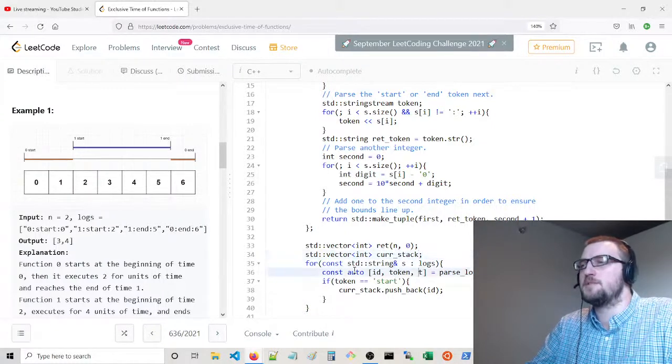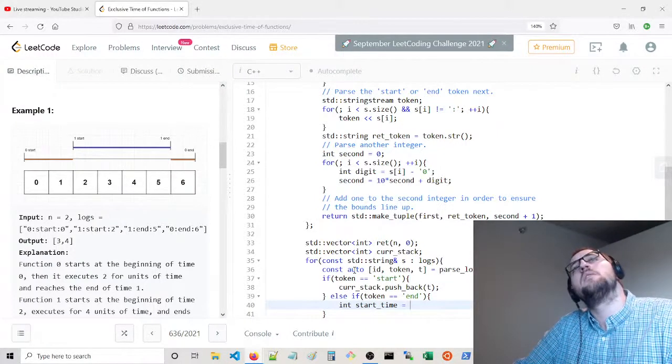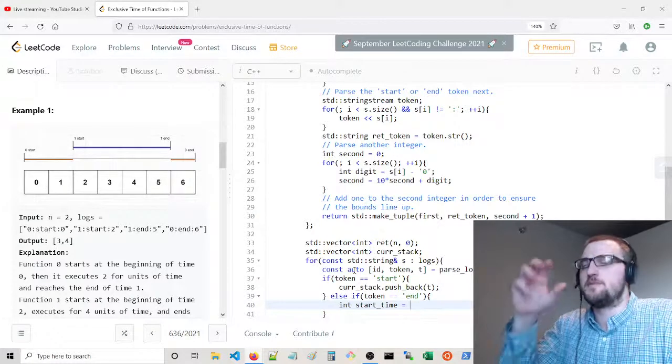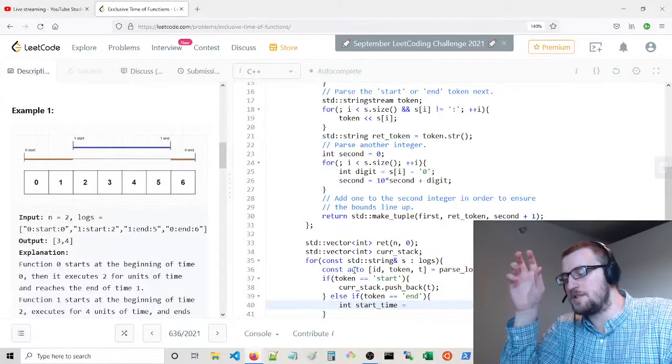Yeah, I mean, we could actually put the time. We don't even need to use the ID. We could really just use the time. Else if token equals end, and we're going to int equals int start time equals, now, actually I don't know, does that make sense? Maybe we should do this differently. I'm thinking we push the start time. Once we see another start time, we can,